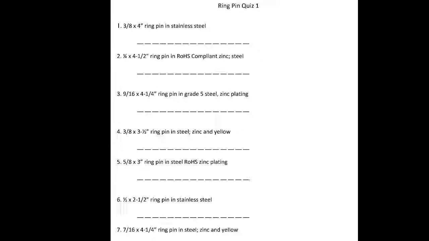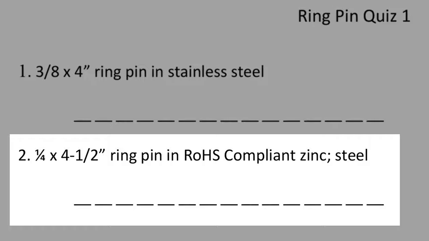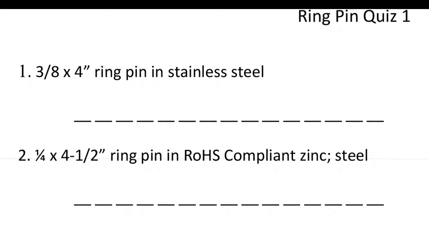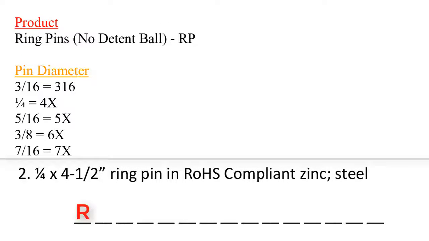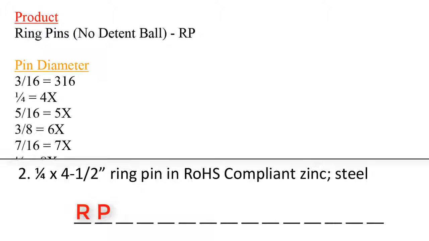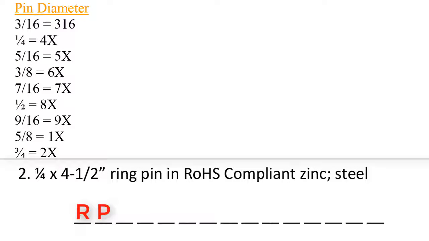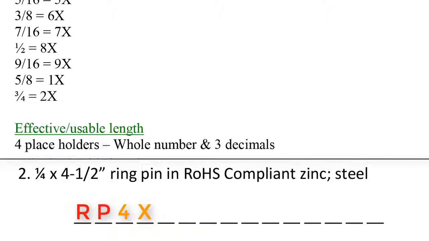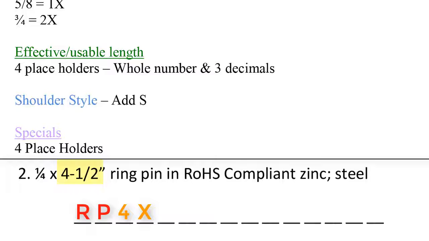70. Number 2, quarter by 4.5 ring pin in RoHS compliant steel zinc. First, we notice that the product is an RP for ring pin. Then we identify the pin diameter. A 1/4 inch is the diameter. Quarter translates to a 4x. Then we move on to the effective length. 4.5 inches would translate to a 4500, or we imagine a